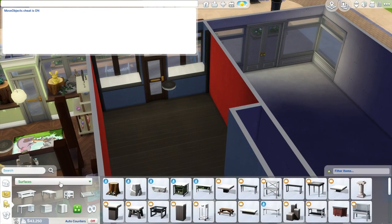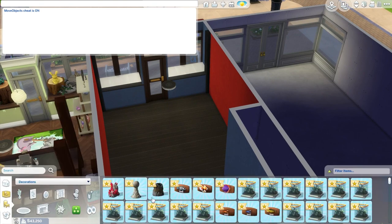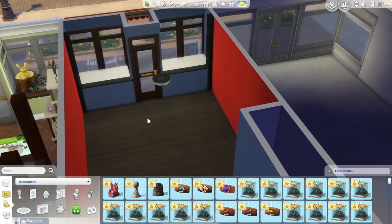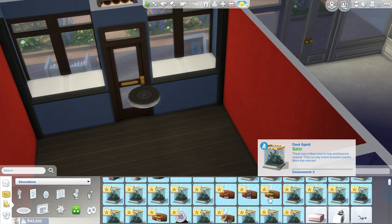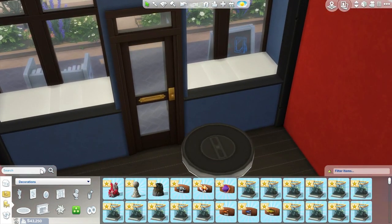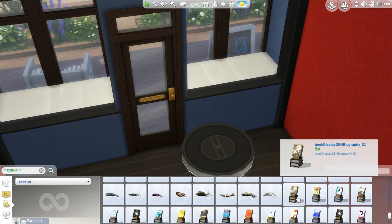Alright, I think that should be it. Okay, yeah, that is. Okay. For a minute there, I thought I was putting the wrong thing. Okay, let's get My Sim dolls, the books. We'll go to debug here. Found all the books here, so let's find...